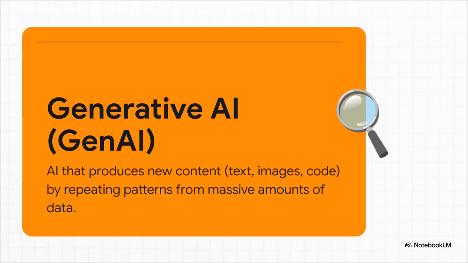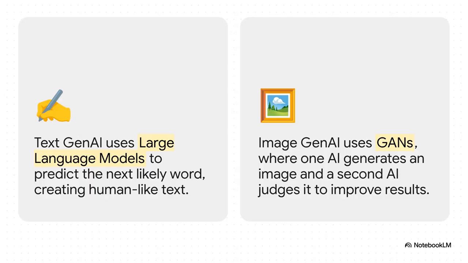Okay, so the main difference here is that generative AI actually creates new stuff. A search engine just finds things that already exist. Gen AI makes something brand new by spotting patterns in huge amounts of data. The wild part? It doesn't actually understand anything that it's making, not a single word. And you should also know that not all Gen AI is the same.